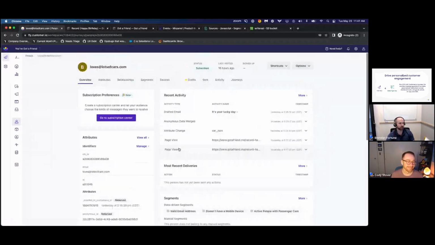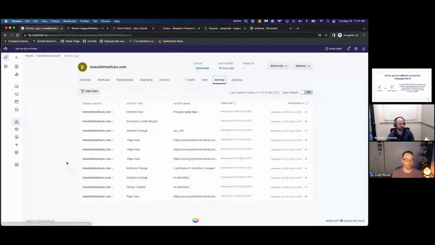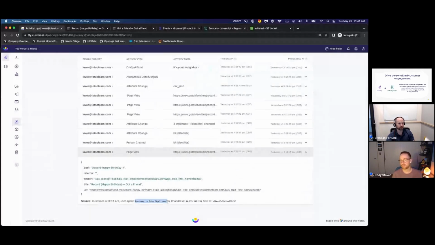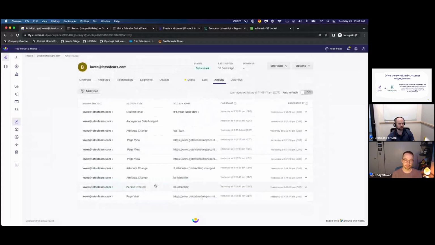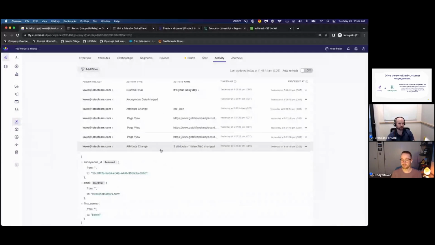So if I go over to the activity log here, I can see a few interesting things. First off, I can see that the data flowed through Customer.io Data Pipelines directly, and it started with a page view. And then I can also see that an identify call came through, and that's what actually triggered this person to be created. And it set some attributes on the person, including an anonymous ID,